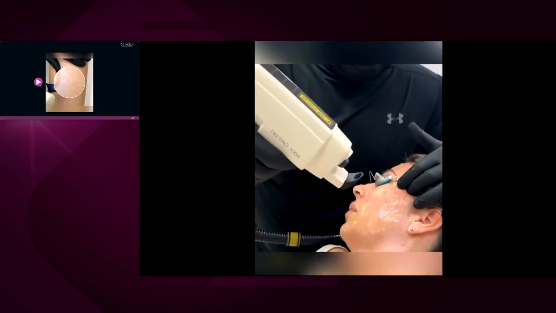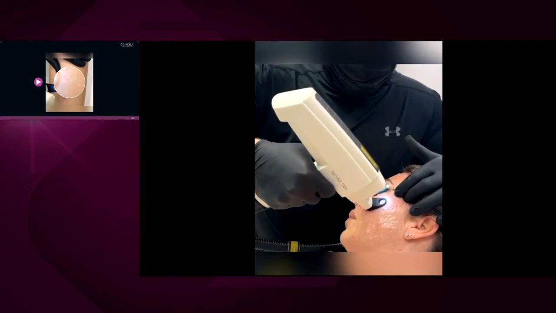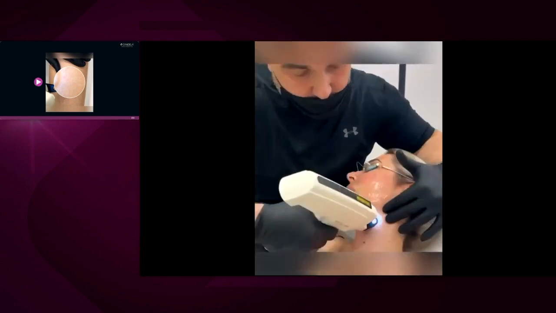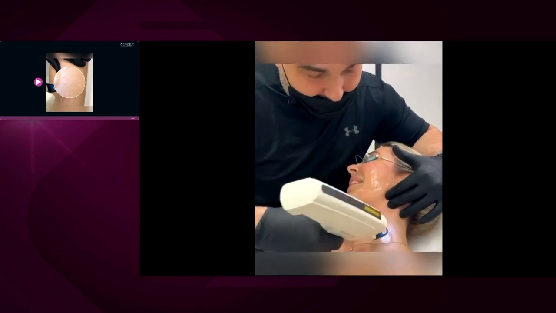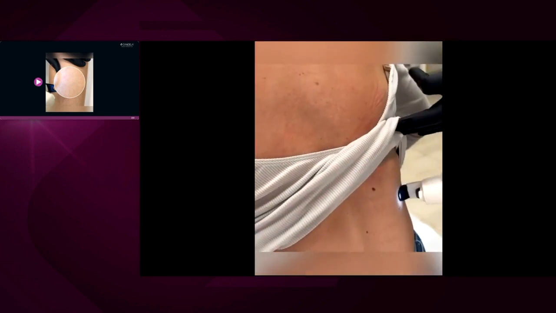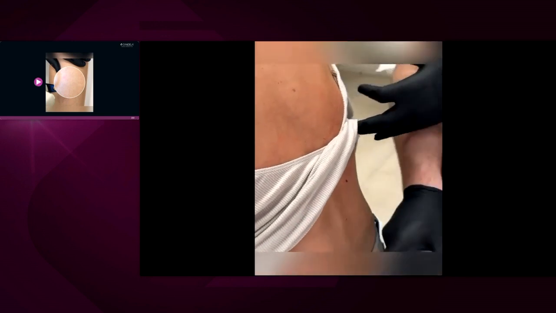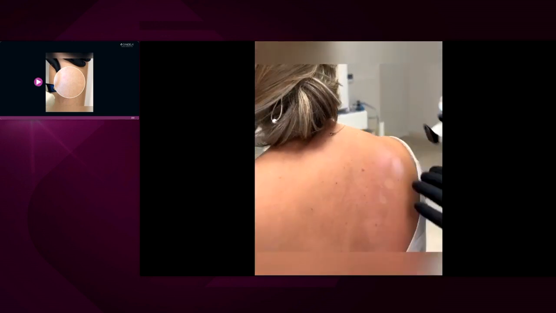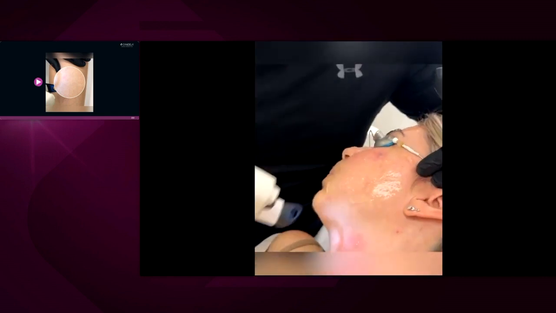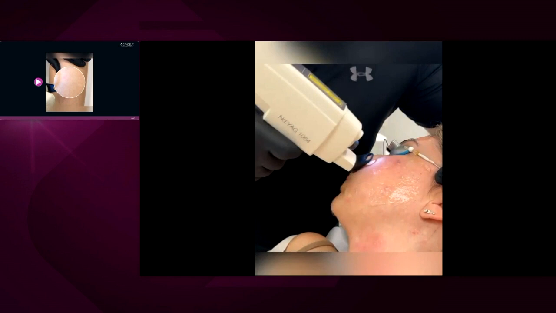First using the Nd:YAG and then using the light in the same treatment, without any fear that something might happen to the patient, because also, as my colleague said, IPL in Nordlys is extremely precise and doesn't absorb water, so we are more carefree than with some other lasers. So as you can see, you do the entire face at the same time, but without any fear that it will be too much for the patient.